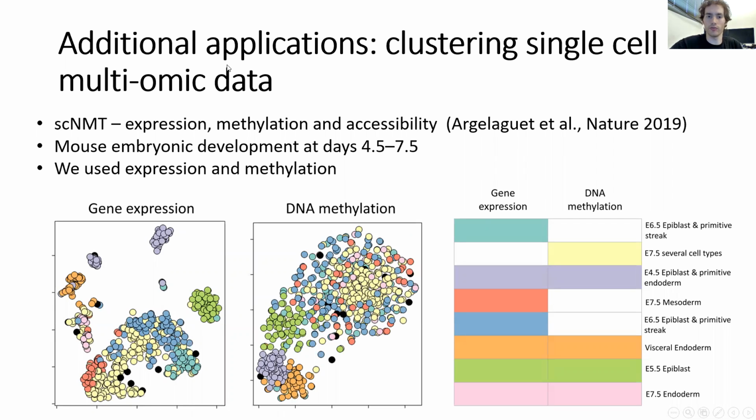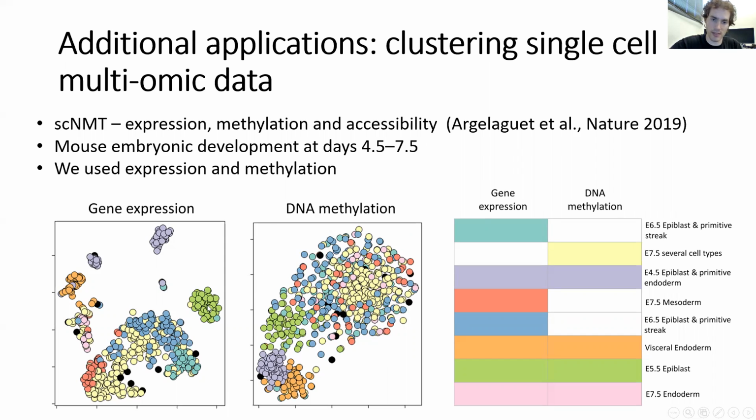Finally, we applied MONET to single-cell multi-omic data. So we used data generated using the scNMT method, which measures gene expression, DNA methylation, and DNA accessibility for single cells. We only used gene expression and DNA methylation, and the data is for mouse embryonic development at days 4.5 until 7.5. Here you see the t-SNE plots of the gene expression data, and here for the DNA methylation data,